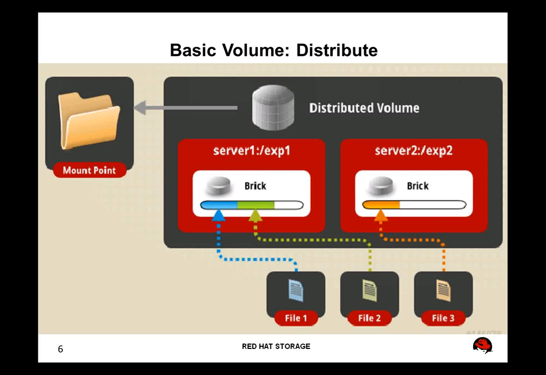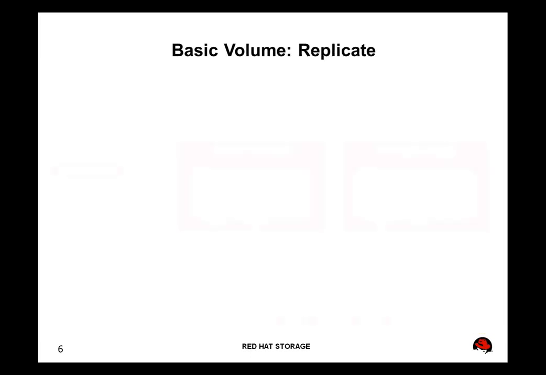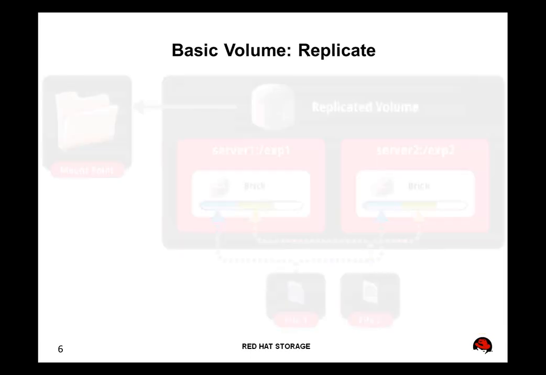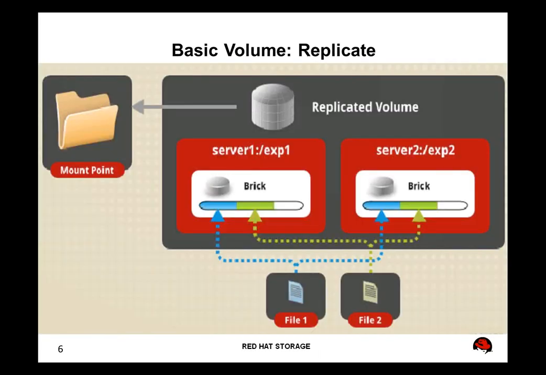Don't think of this like striping, for example, where you have a file that is spread across multiple components, and if you lose any one of those components, you stand to lose all of the data in the namespace. This is a distributed file system where all of the data is intact and granular and atomic to any one of those bricks. Now, one of the things that a distributed volume itself doesn't provide is high availability, so we